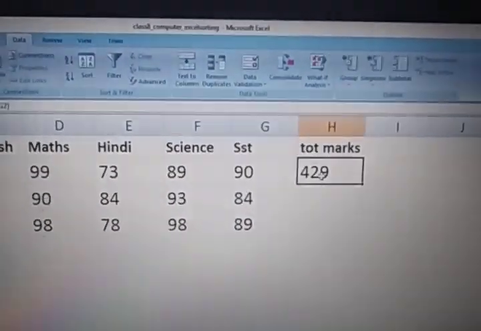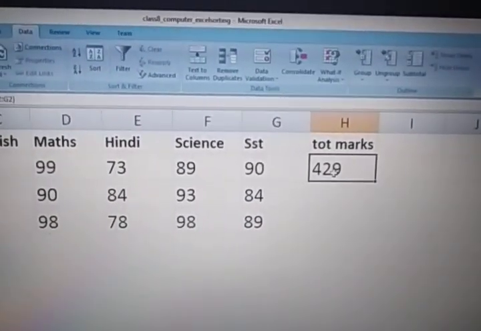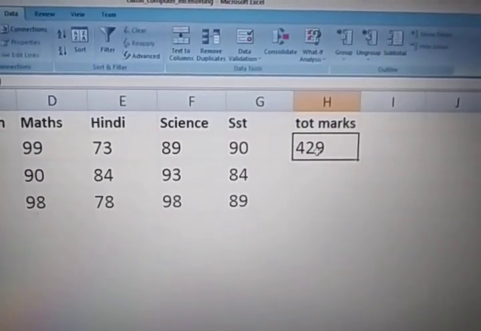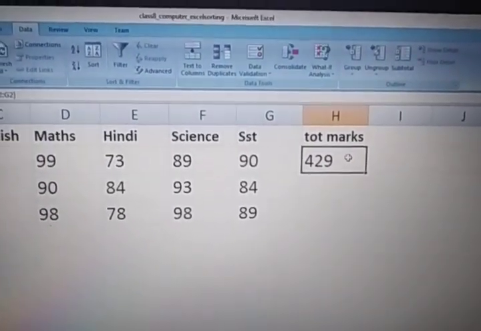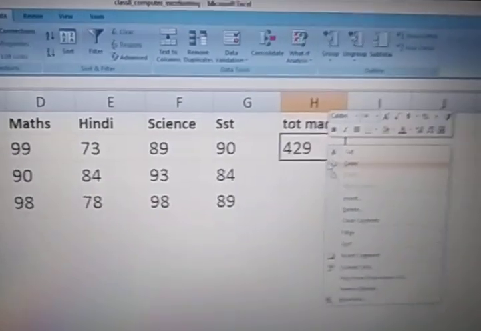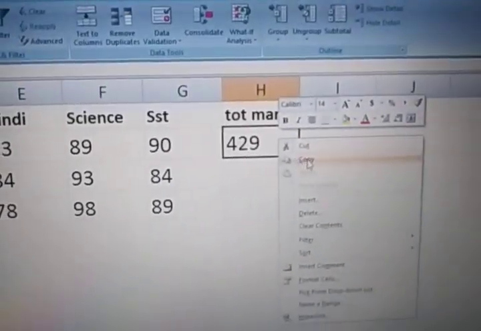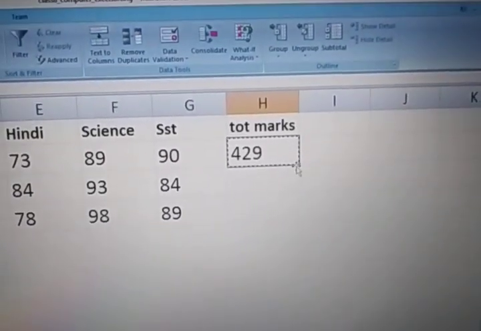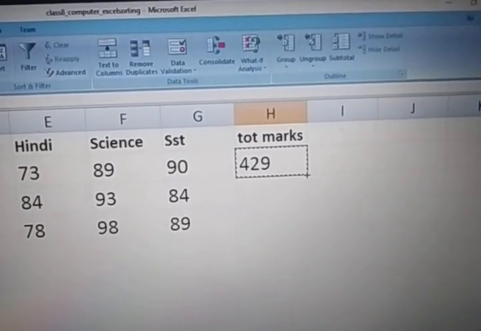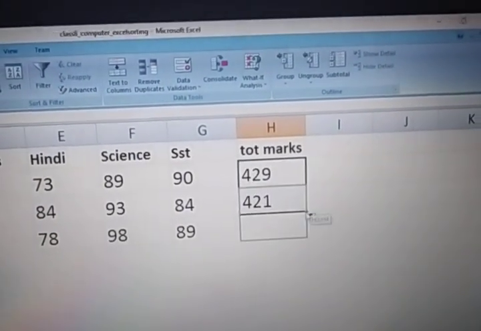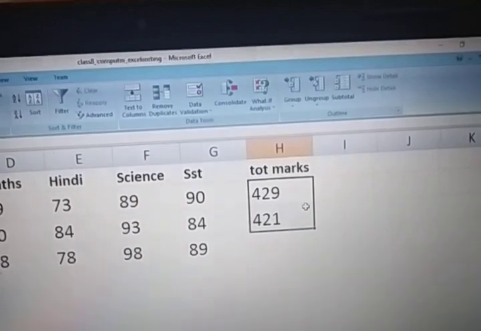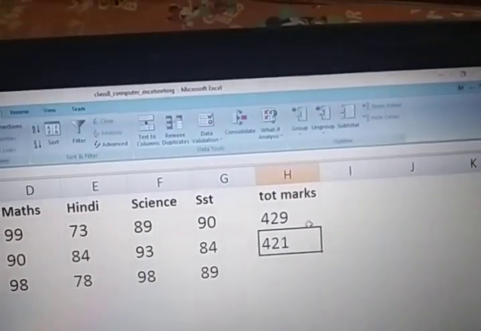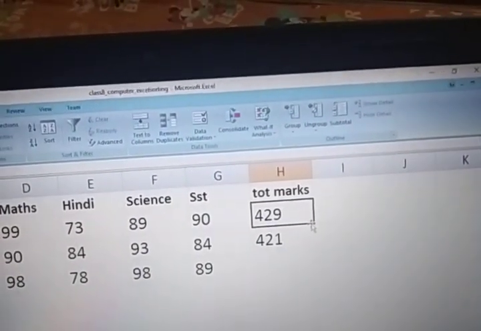If you have 1000 records, how is that possible? So there is a facility. You click over here, right click, then click on copy. I am copying the formula. Now drag it this way. This way it will be copied.